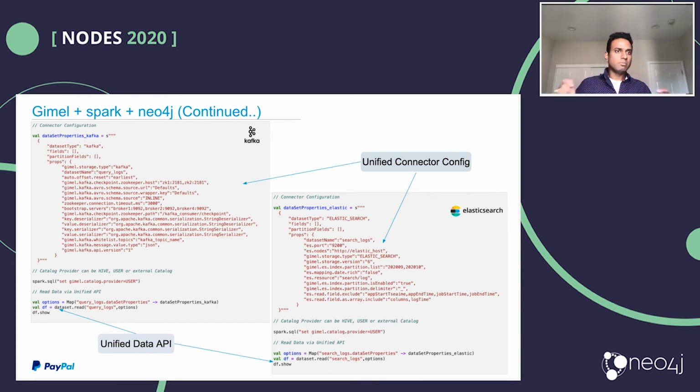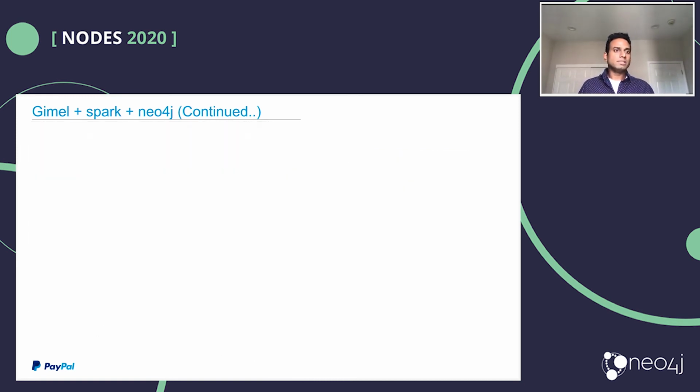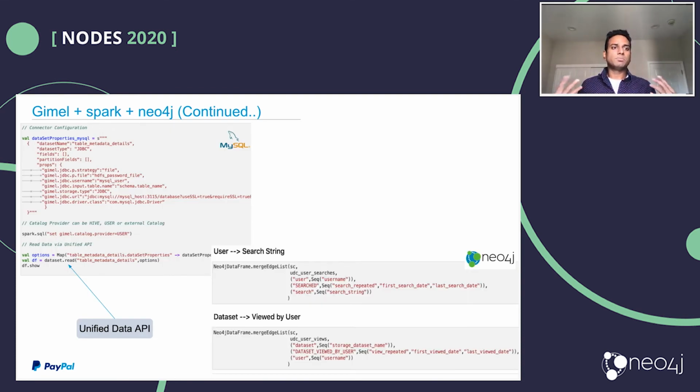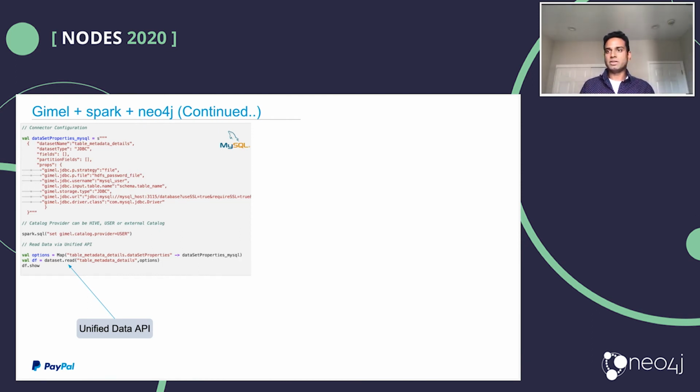Expanding on the same theme, GIML also works with relational databases, be it MySQL, Oracle, Hive, Teradata, it doesn't matter. You just pass the config and use the same API to read and write. And we put a nice facade on top of this in the form of SQL layer so that you could also write a code along the lines of select star from Kafka, insert into Elasticsearch, start streaming it. All of this are very specific to GIML, and I would probably defer that for a separate discussion. But if you go to giml.io, it would take you to all the documentation and support that GIML has.